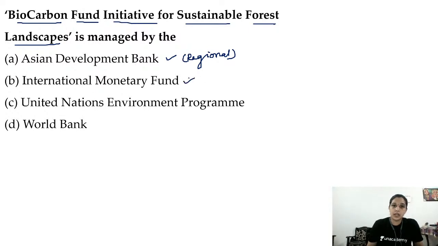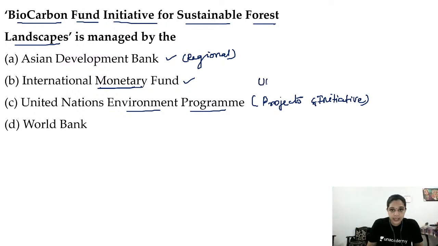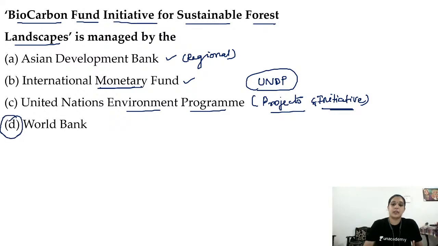International Monetary Fund's work itself is different. Their work is related to money. Their work is not related to sustainable forest management. Coming to United Nations Environment Program, its function is to do projects and initiatives. They do not fund. If you have United Nations Development Program, you might have got confused. But they do projects and initiatives, their work is not funding. Okay. So the answer is World Bank, because World Bank has been funding the Biocarbon Fund Initiative for Sustainable Forest